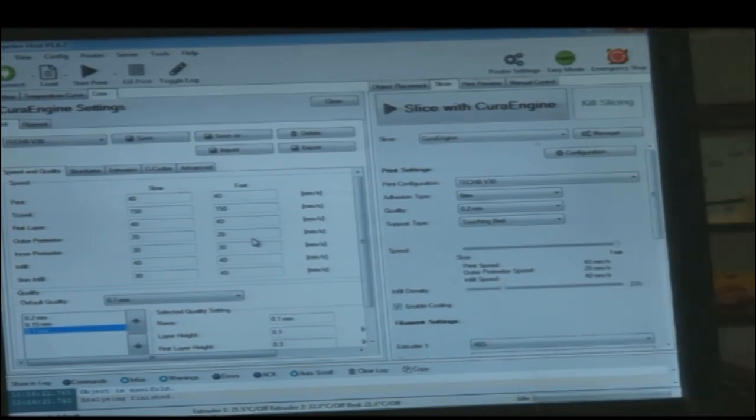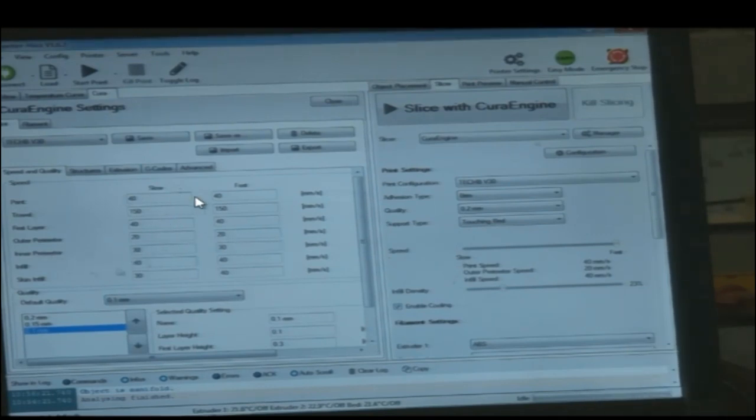Inside filling can go fast, but the outside surface, that is the periphery of the job, needs to be of high quality, so good finish. We always take care of the outer perimeter speed, that is kept lower, that is 20 and 20. 20 millimeters per second for slow and fast both.